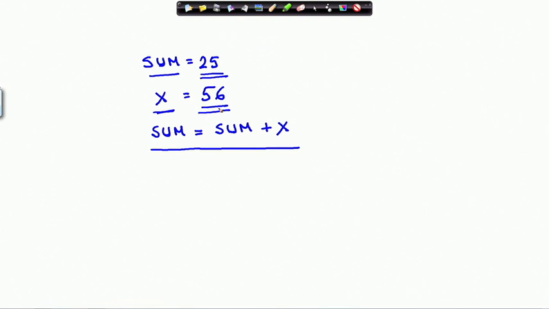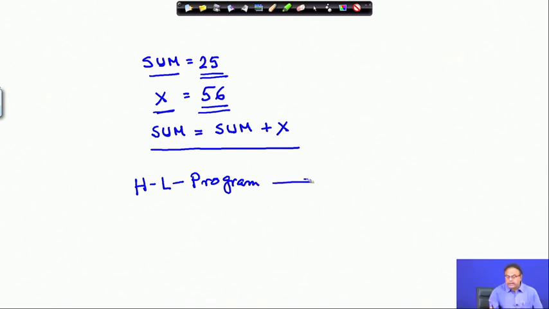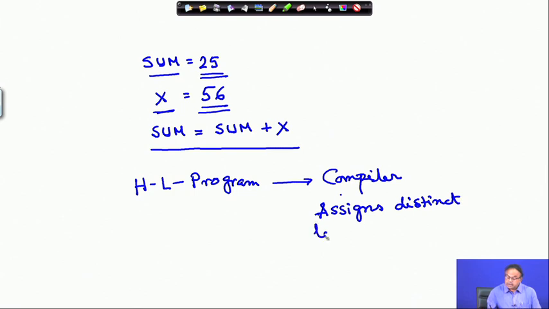Now, when the compiler takes the high level program, the compiler looks at all the variables and allocates distinct locations to each variable.